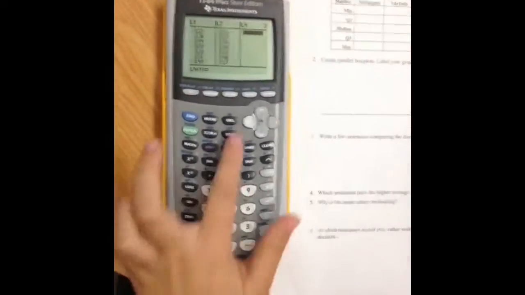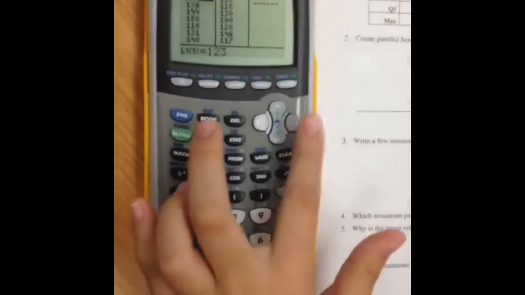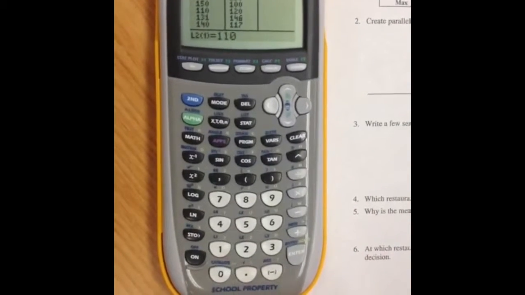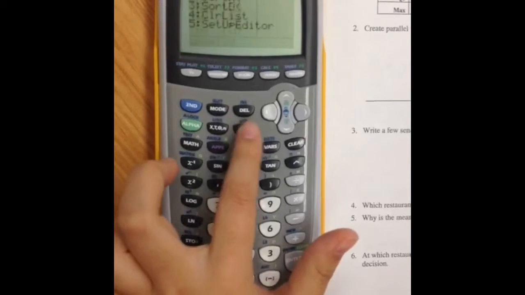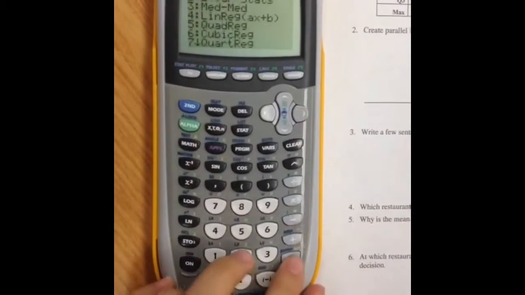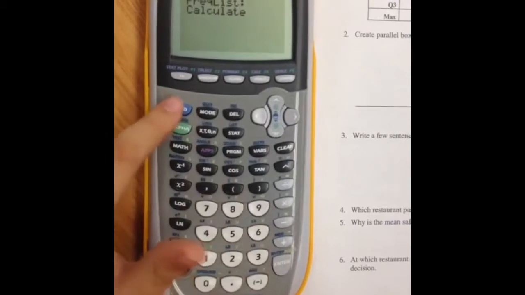Here are the weekly payrolls for 2 imaginary restaurants, Moose Burgers and McTofu. So we need to find the 5 number summaries of the salaries for them. What we do is go to Stat, Edit, and then you can just put the information in the lists, but separated. So to find the 5 number summaries, you go to Stat, Calc, 1-Var Stats, and then you put